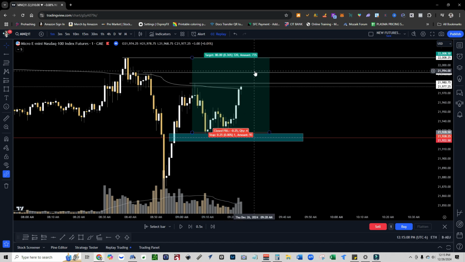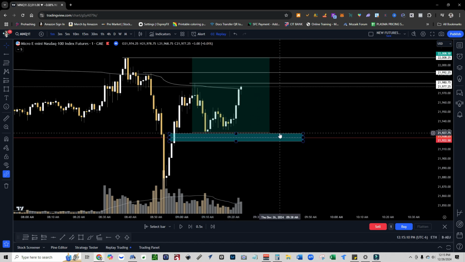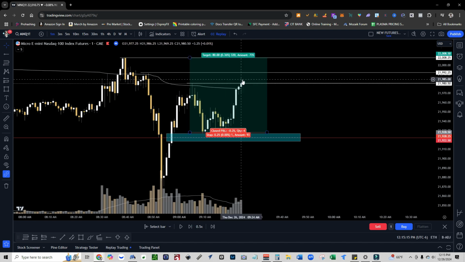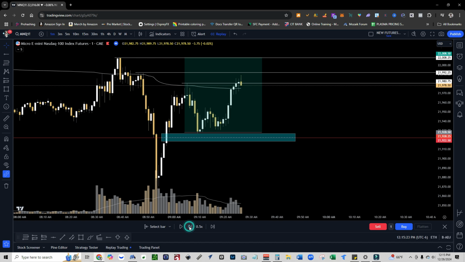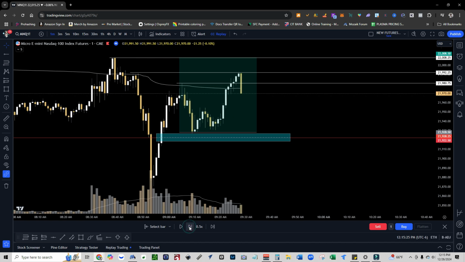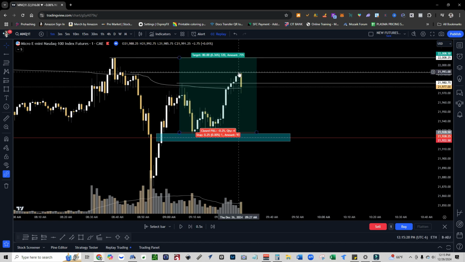So let's see what happens. Let's see if we run up in here and hit these, or if we come back down and get stopped out. Right there, boom, for sure we hit this first take profit. For sure we hit the top of the wick. So we're good. We already took our money. So now we're chilling, coming back down. Now we hit that second TP right here. So I would have taken a little bit more off right there.